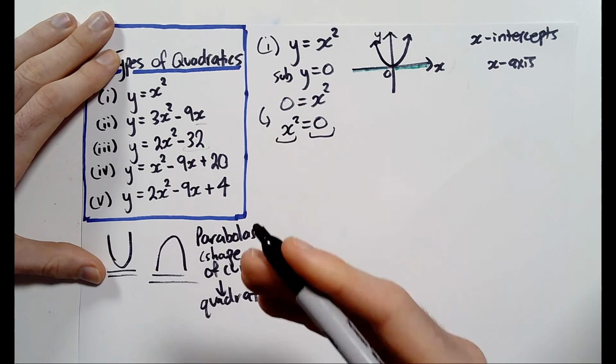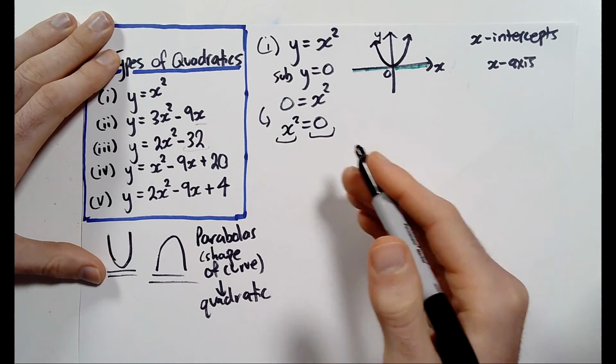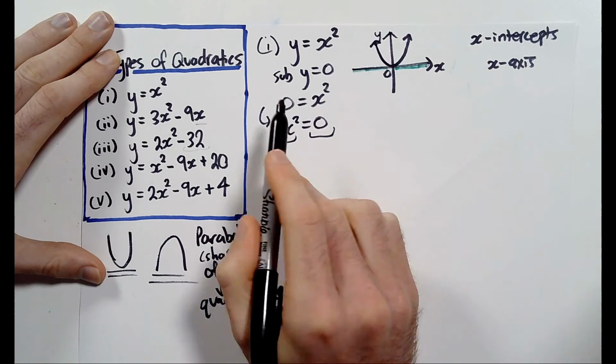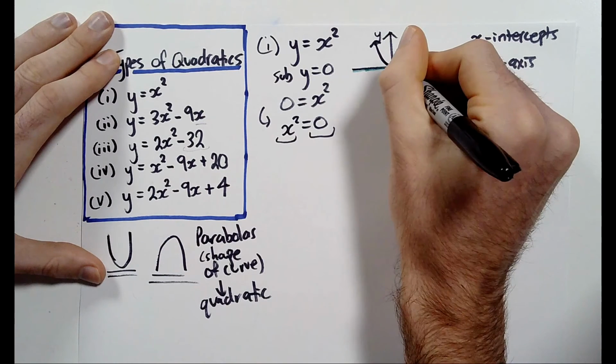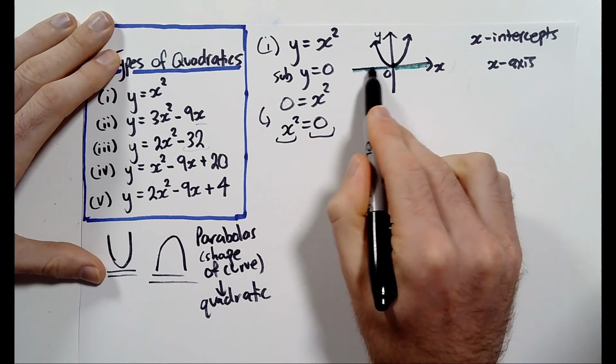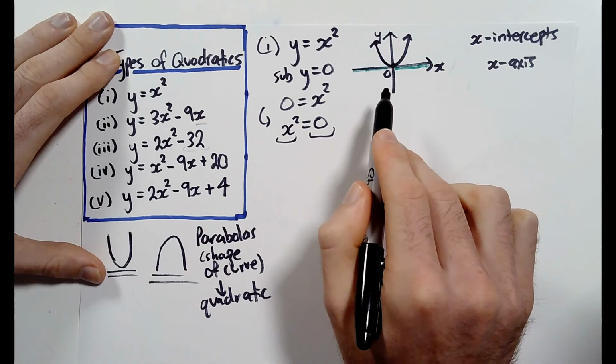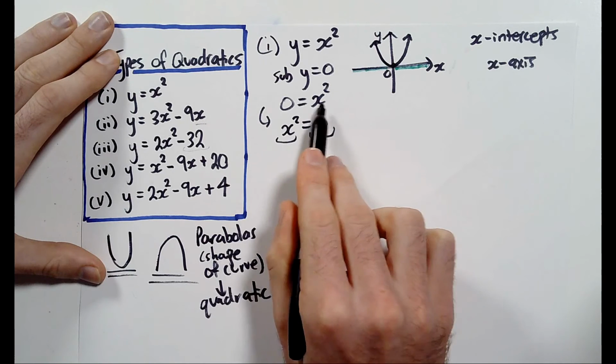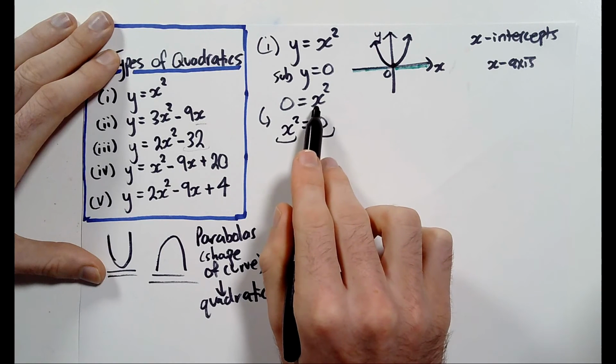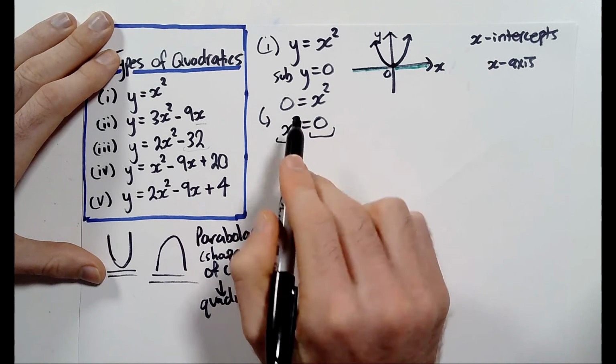That's what solving an equation means. Because we're finding the x-intercepts, we made y equals 0, because that will tell us where the x-intercept is, because it always happens when y is 0. Because we have that, we're left with an equation, and then we need to find what value of x